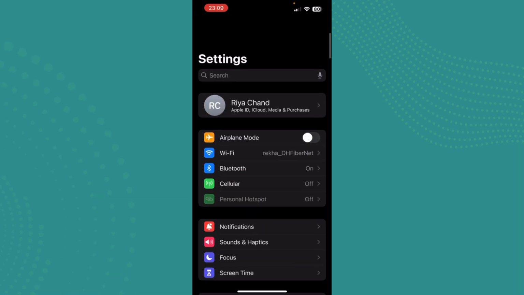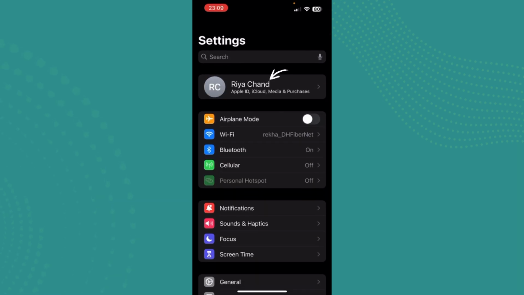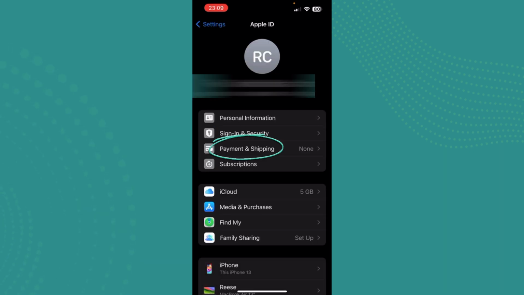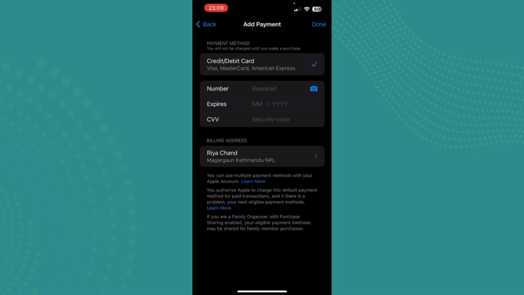And now just go to the top bar over there with your name on it that says Apple ID, iCloud, Media and Purchases. Just tap on it, and now you can see the third option that says payment and shipping. We need that, so just tap on this one, wait for it to load, and after it loads, just type